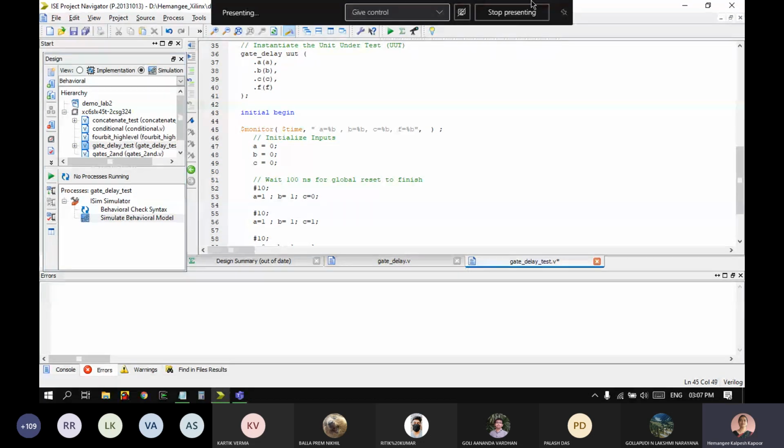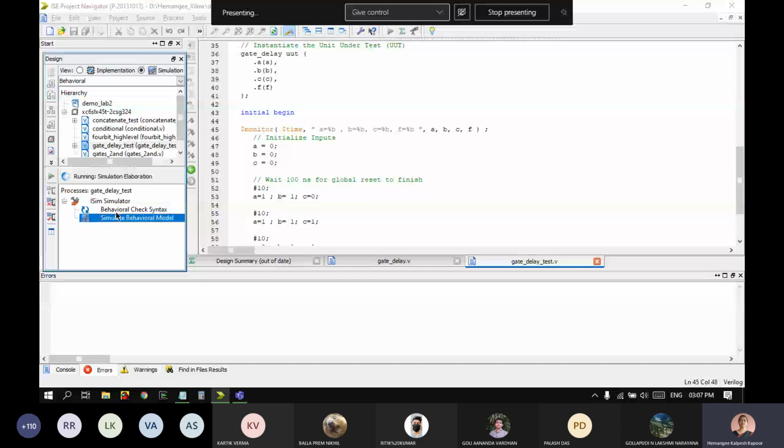Now I will again simulate this with the same things and we will see the effect of this monitor. So where do we see this? At the bottom here. You can see at time 0, all of them were 0, so F was 0. At time 10, I changed A and B. C was 0, so F was 0.